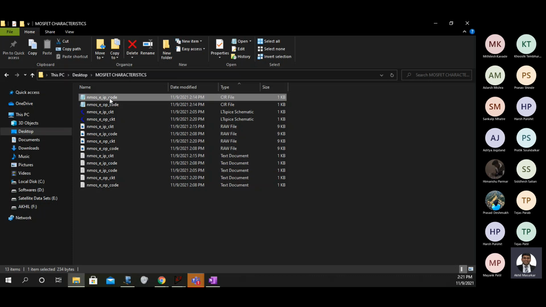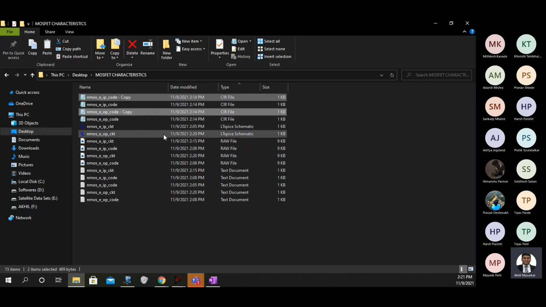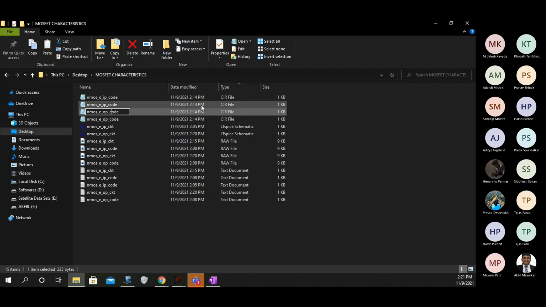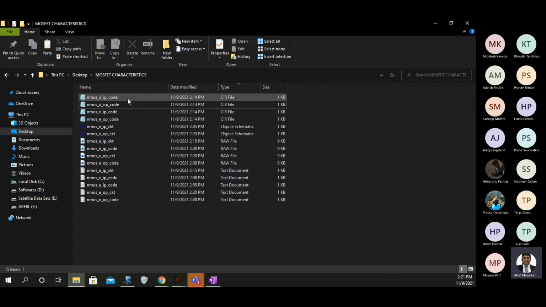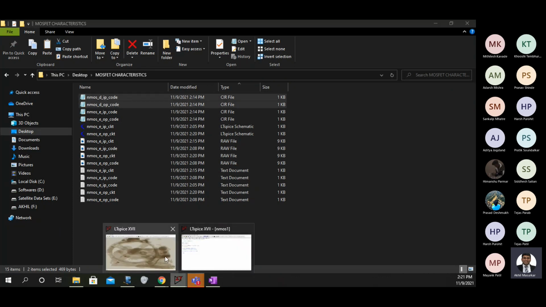I'm just pasting it there only, so I'll get a copy like this. Here I will make, instead of E, I'll make it as D. So now we will see the code only. Okay. So now we will open these two files with the help of Spice.